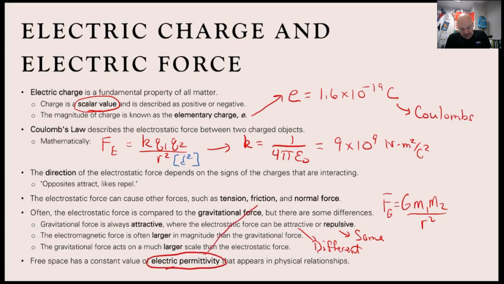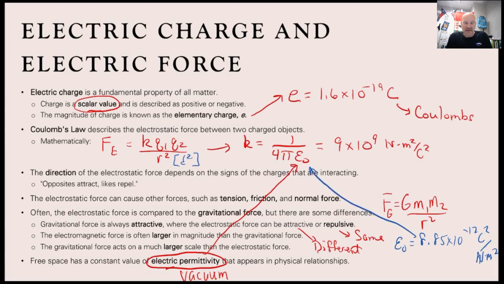So this electric permittivity is that epsilon naught. And sometimes they'll call this vacuum permittivity, all right? And it has a value of 8.85 times 10 to the negative 12th Coulomb squared per Newton meter squared. Okay, so that's what you would plug in. You plug that in, you do 1 over 4 pi times that, you end up with the 9 times 10